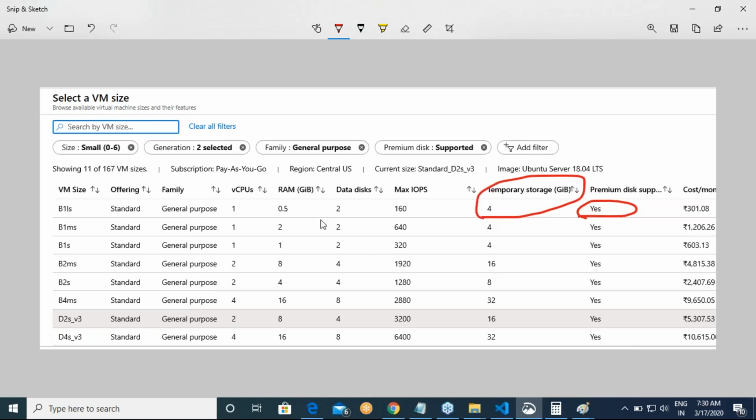This is ephemeral storage. And how many data disks can you have? As you increase your size, the number of data disks might increase. And what is the maximum IOPS you get whenever you select this? If it is premium, your IOPS is guaranteed. If your disk type is standard, then it is up to.